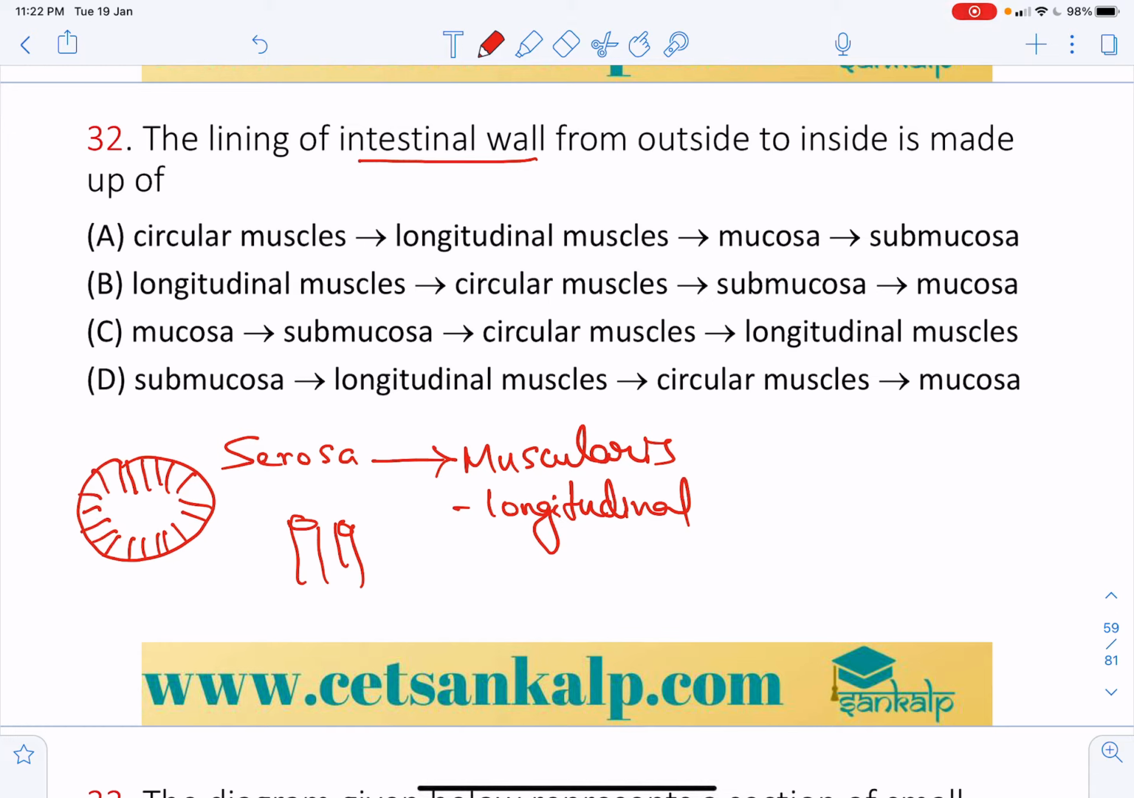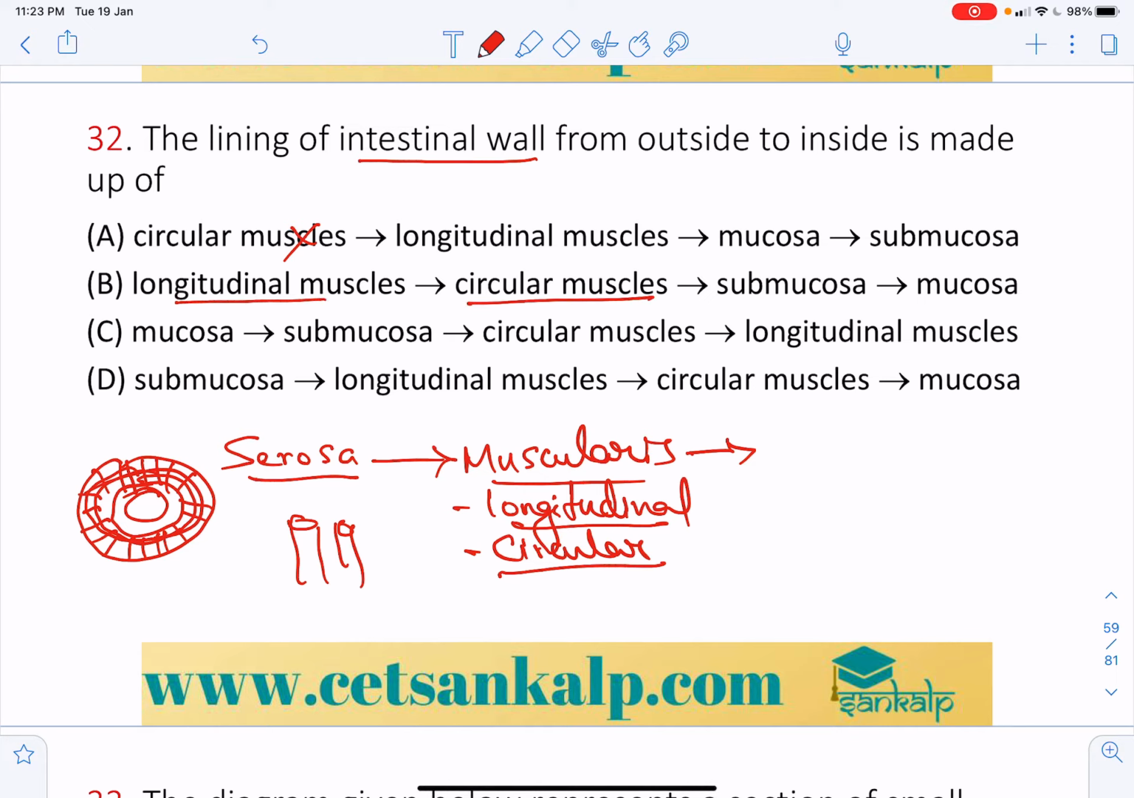And then next to that there will be the circular layer. So after the pillars, imagine there are circular chambers. That is the outer longitudinal, inner circular muscle fibers in the muscularis. Here they have not mentioned the serosa. We can say the first layer is serosa, and next to that is longitudinal and then circular. So that is where we can see the longitudinal and circular muscle. And next to that is